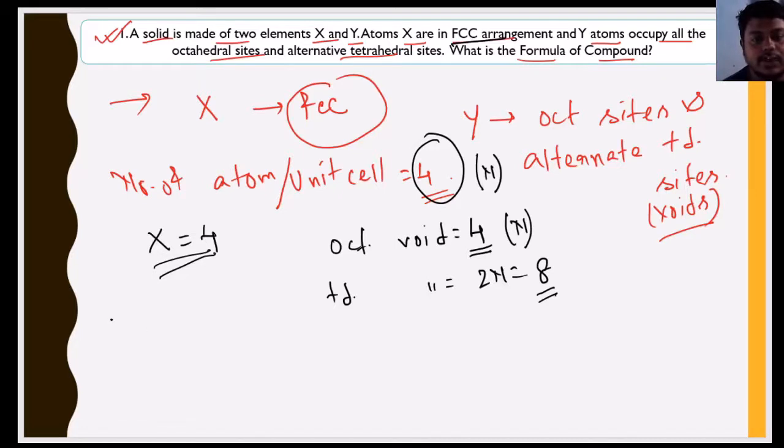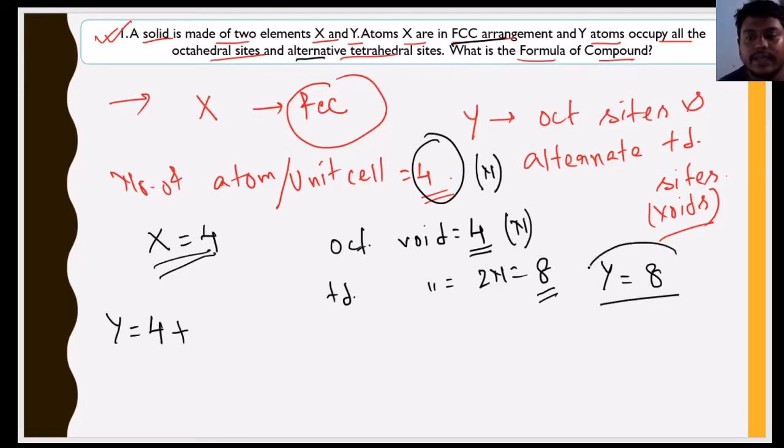Now the question is, y occupies all the octahedral sites, मतलब y का जो नंबर हम लोग निकालने वाले हैं उसका तो octahedral site का तो लेंगे ही। अभी क्वेश्चन आएगा tetrahedral sites का क्या होगा। For the tetrahedral site we have amount of 8, कि यहाँ पे लिखा हुआ है alternative tetrahedral sites। That means for tetrahedral void अगर 8 आ रहा है तो y को कितना होना चाहिए था, y को अमाउंट होना चाहिए था 8, लेकिन y का अमाउंट यहाँ पे 8 नहीं होगा, बिकॉज y का अमाउंट यहाँ पे होगा 4।